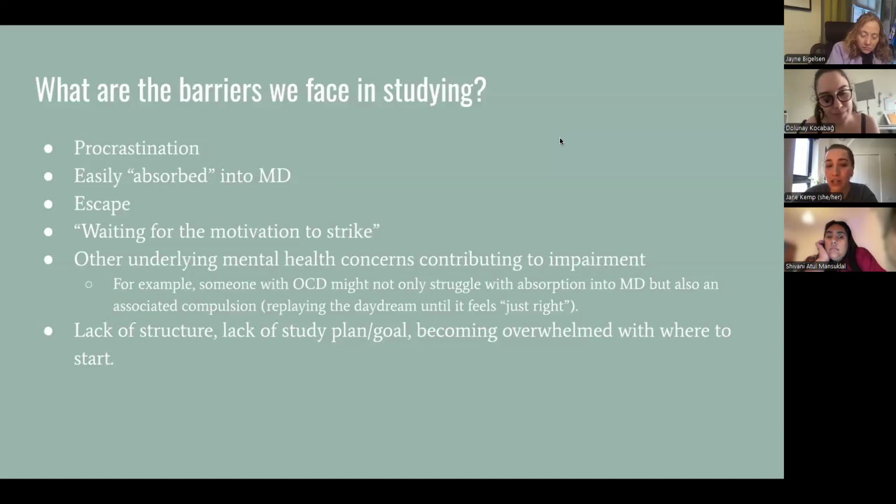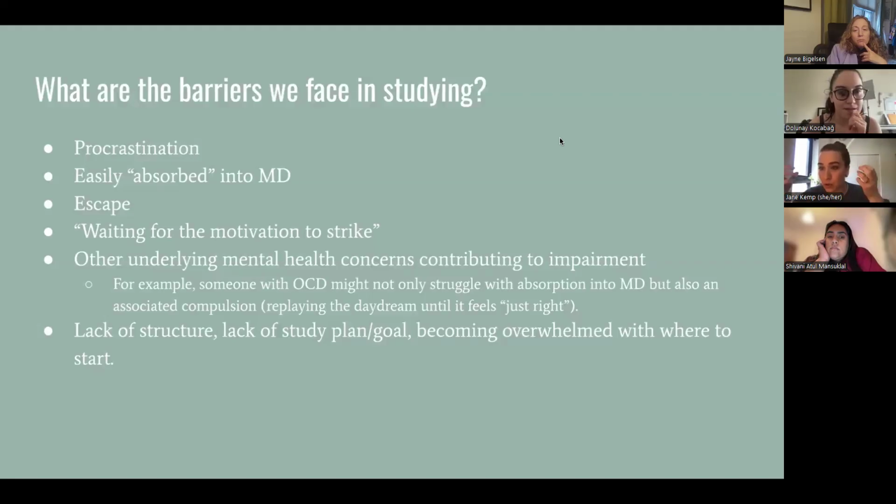I do think trying to strike a balance is really important with goal setting and structure, and we'll talk more about that on our next slide. A lot of times what I'm seeing is that for someone with OCD, we're engaging in maladaptive daydreaming, but we're also struggling with a compulsion, like a replaying compulsion. It might show up as replaying until it feels just right. So having underlying mental health concerns can also contribute to significant impairment, because we're not only battling trying to manage MD, but also struggling with compulsions that are associated with it. And then, like Luna said, becoming easily absorbed into MD is definitely something that I struggled with,